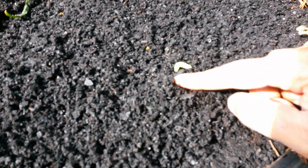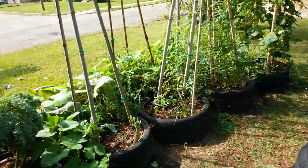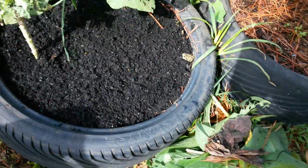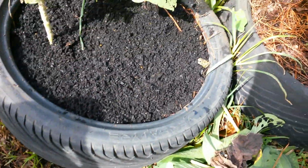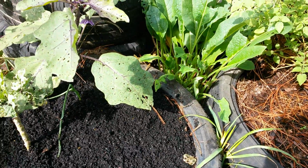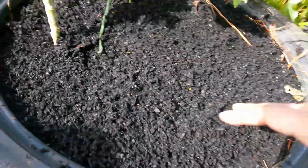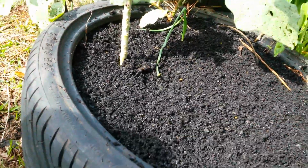Now look at that. What kind of worm is that? I've never seen a worm that bright green before. But he's going out there where the birds can have him. I usually throw those worms out on the concrete and the birds, they'll see them real quick. Because when the worms move, birds have flawless eyes. Anyway,